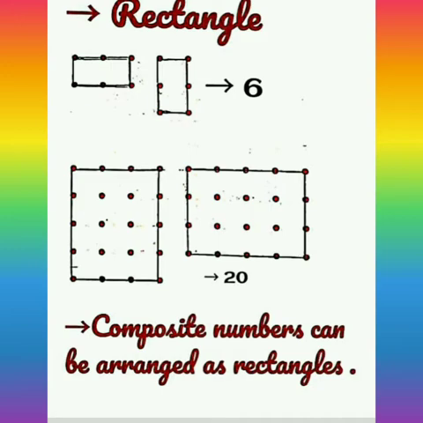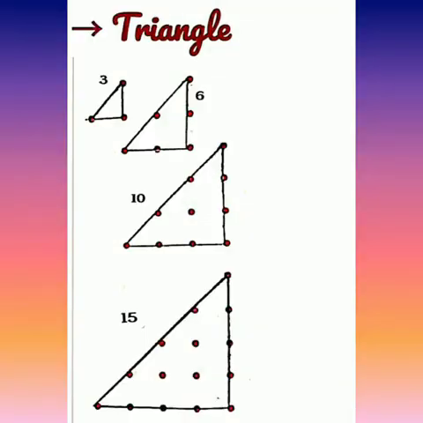Now coming to triangles. Now 2 dots cannot be arranged as a triangle, okay. Now take 3. As shown, we can arrange 3 dots as a triangle, okay. Now increase 1 dot in the bottom row, we will get 3 dots, okay. Now complete the triangle. So we have to put 1 dot at the top row. So we will get 6 dots. Next triangle you can see we will get 6 dots. Okay, after 3 dots we can arrange 6 as a triangle.